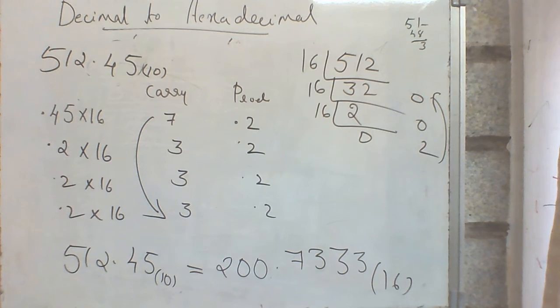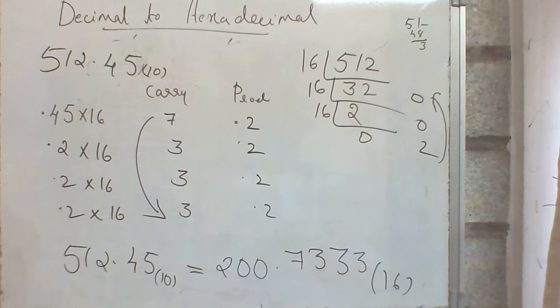Okay. Decimal to hexadecimal conversion. Now we have discussed all the conversions: decimal to binary, decimal to octal and decimal to hexadecimal. For a whole number, decimal to binary means divide by 2 and repeat the division till the number becomes 0. The first remainder will be the LSB and the last remainder the MSB, that is, we need to write from down to up. Decimal to octal means divide by 8. Decimal to hexadecimal means divide by 16.